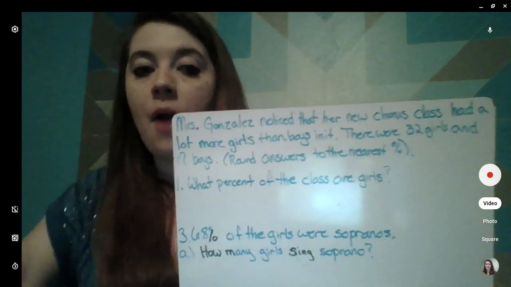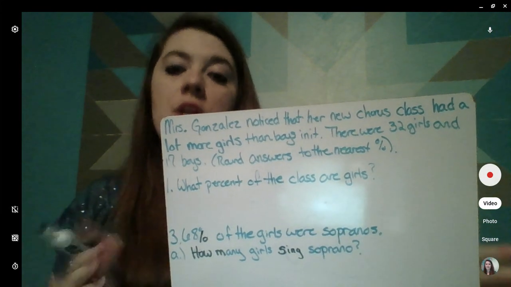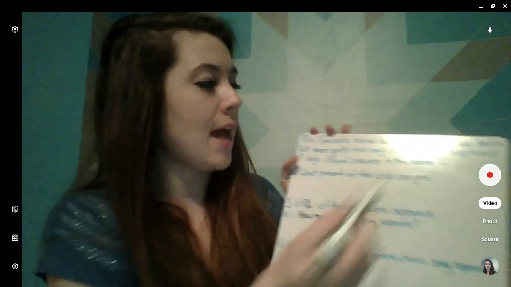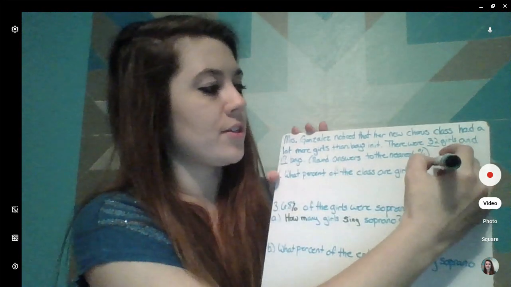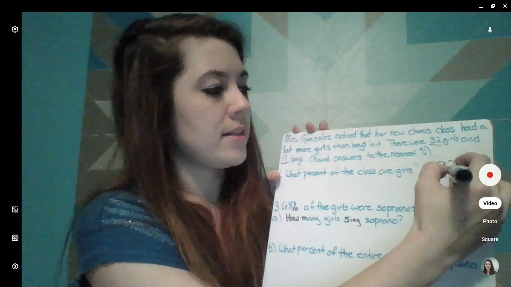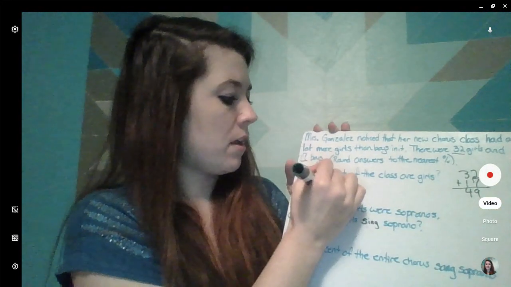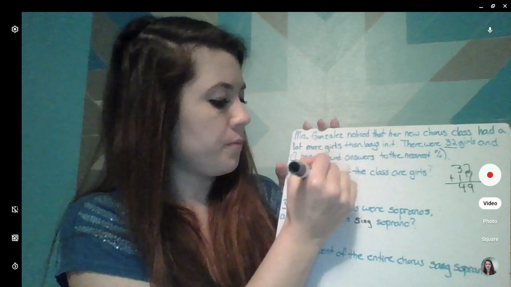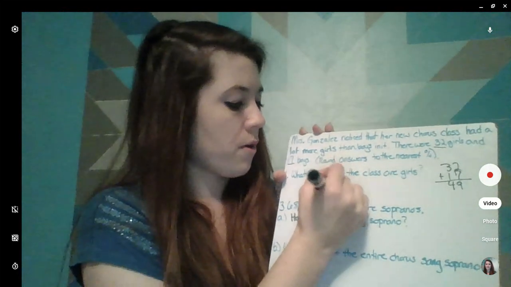Well, in order to figure out what percentage of the class are girls, we also need to know the total number of students in the class. So we need to add our 32 and 17 together. So 32 plus 17 is going to give us 49. So we know it's out of 49 and there's 32. So if we take 32 and divide it by 49, we're going to get